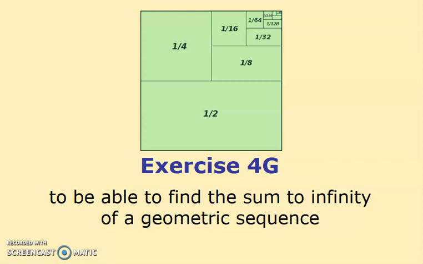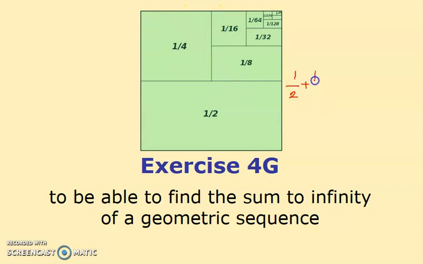So this is exercise 4G, another look at sums of a geometric sequence, but this time we're going to look at something called the sum to infinity. And we've actually got a picture of this here which kind of tries to explain what this means. So if you start with a half of this square, for instance, and I add it to a quarter,